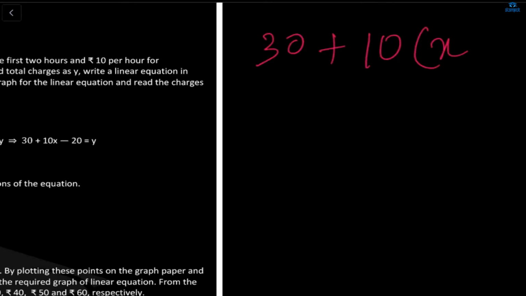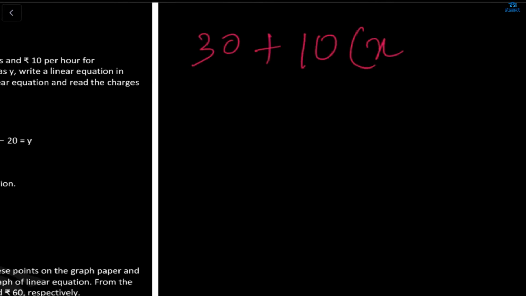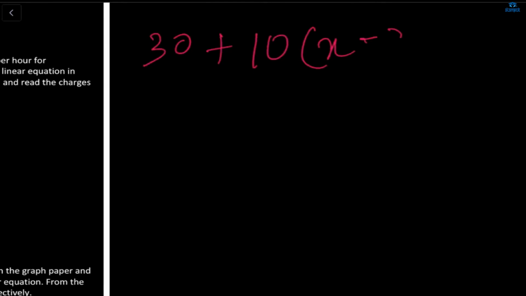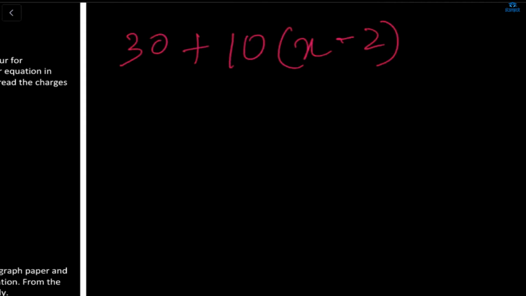The car was standing in the parking for x hours, but for the first 2 hours we are going to pay a fixed charge, that is 30. So I'm going to minus those 2 hours from here. Why include this? Because we have already paid 30 rupees for those 2 hours. So from the total hours I'm going to minus 2 and then multiply with the subsequent hour price,